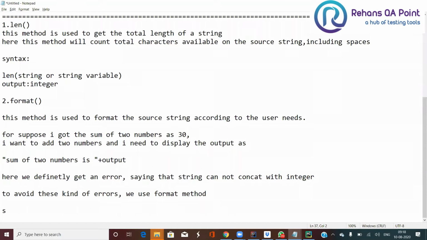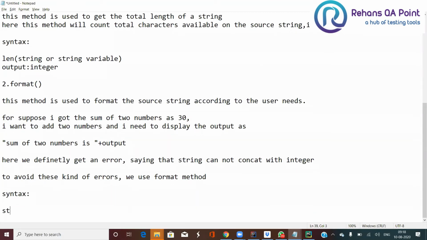So the syntax of this method is string or string variable dot format. Okay, dot format. You have to pass your params here.